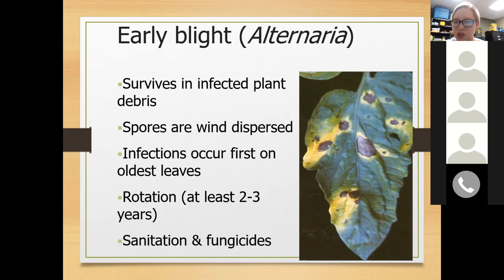Now, there are some fungicides on the market that you can spray your plants with that are labeled for early blight. There are synthetic fungicides and there are organic fungicides. Whichever you prefer to use, fungicides have to be applied on a pretty regular basis throughout the growing season, starting at the time of planting through the time that we get our first frost. Usually every 2 weeks is what the recommendation is. That can vary a little bit with a particular product. So whatever product you use, read the label, follow those labels very carefully,